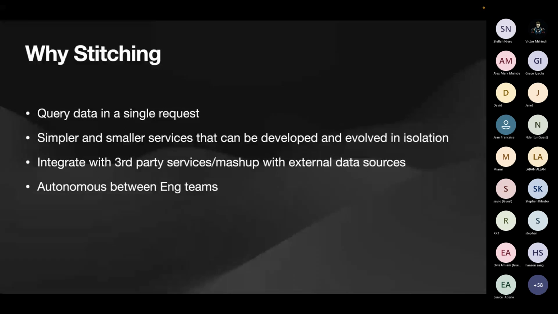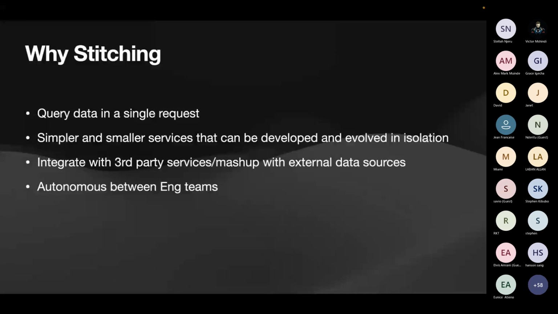So with schema stitching, it helps with having smaller services that can be developed in isolation, and can be evolved as well. This would mean even when you're scaling up your teams, it will be easier for someone to concentrate or onboard in one service without having to know about everything else.